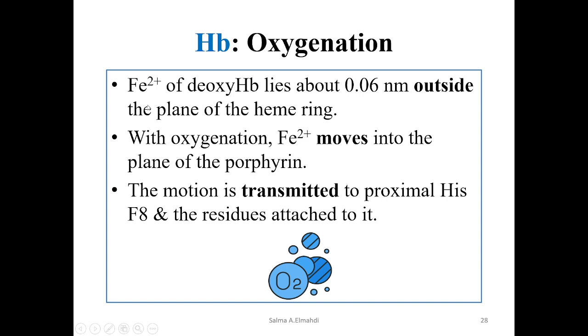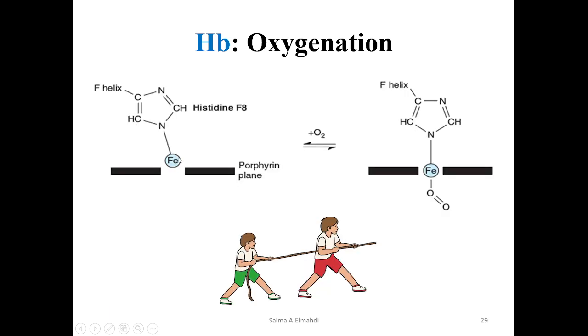Oxygenation of hemoglobin is similar to that of myoglobin. Ferrous iron of the deoxyhemoglobin lies about 0.6 nanometer outside the plane of the heme, and with oxygenation, ferrous iron moves into the plane of the porphyrin, and the motion is transmitted to the proximal histidine F8 of the residue attached to it. So when there is no oxygen, ferrous iron lies outside the plane of the porphyrin ring, and with oxygenation, binding of oxygen to the 6th coordination position,